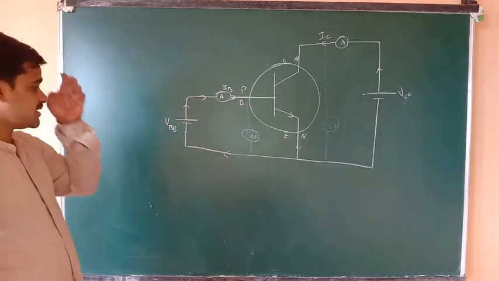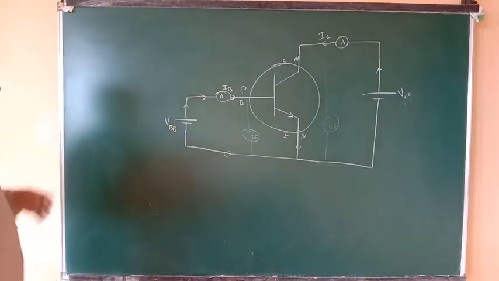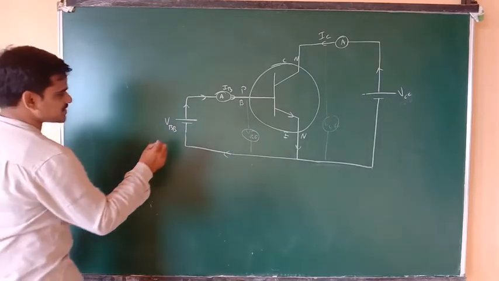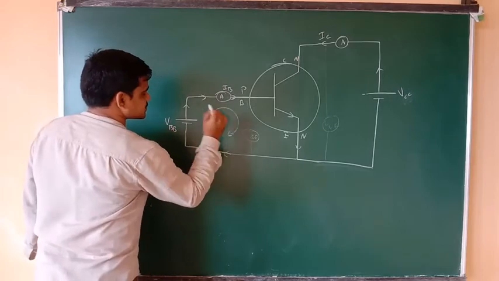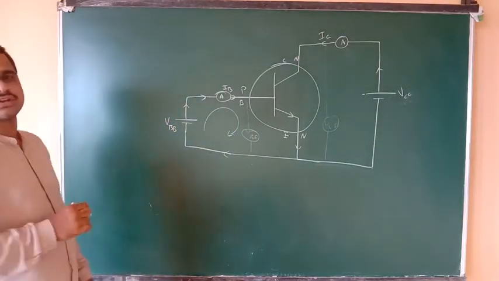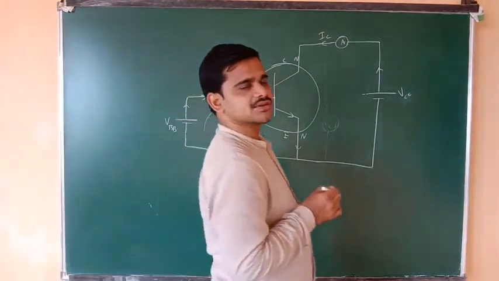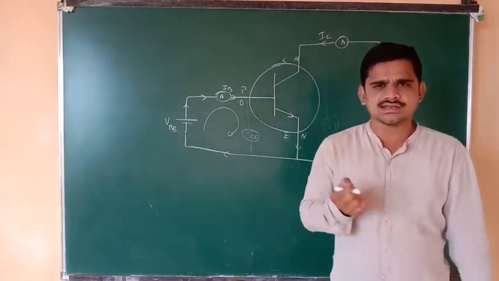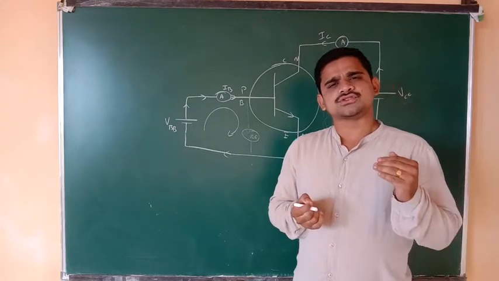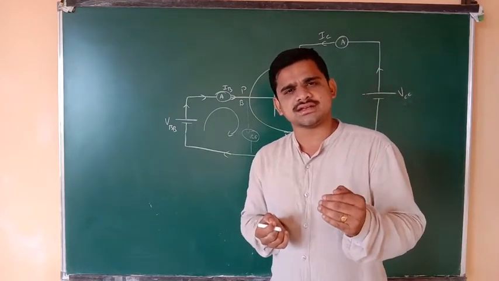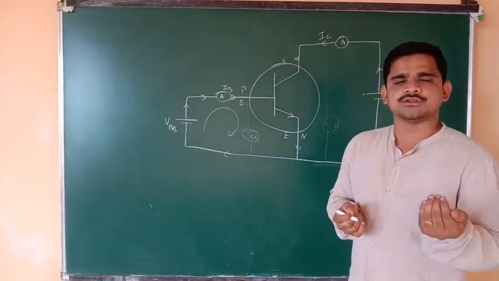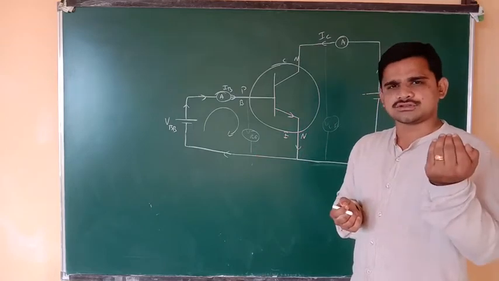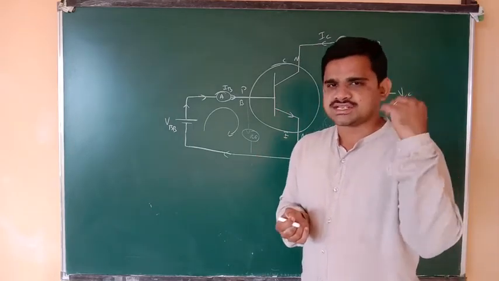Now apply Kirchhoff's voltage law for this loop. Remember, when you are going in the current direction, it is a potential drop; in the opposite direction of current, it is a voltage gain. Going from the positive terminal of the battery to the negative terminal is a voltage drop. Going from the negative terminal to the positive terminal of the battery is a voltage gain.